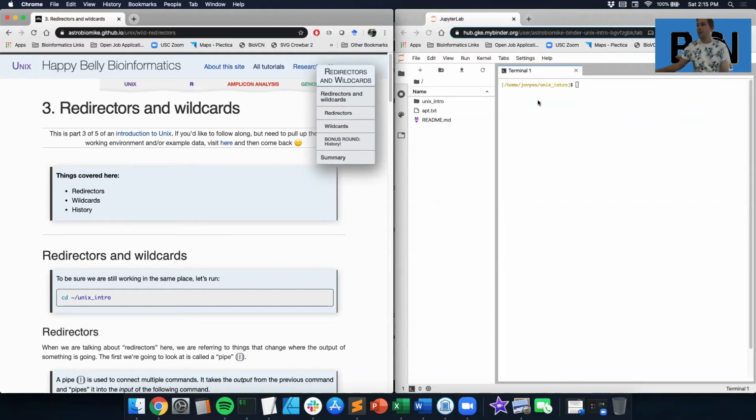We will be working in the binder environment that's associated with this tutorial. That can be found in lesson 1. And so if there's any problems, start with lesson 1 and then return back here